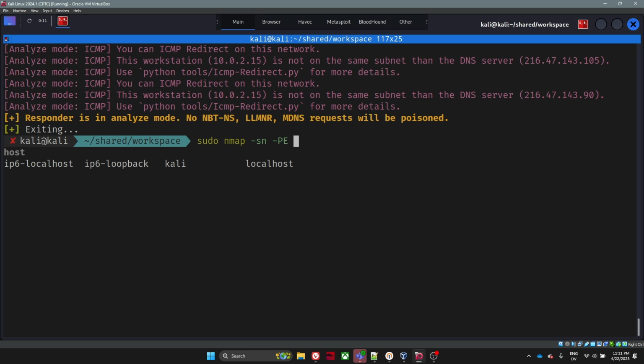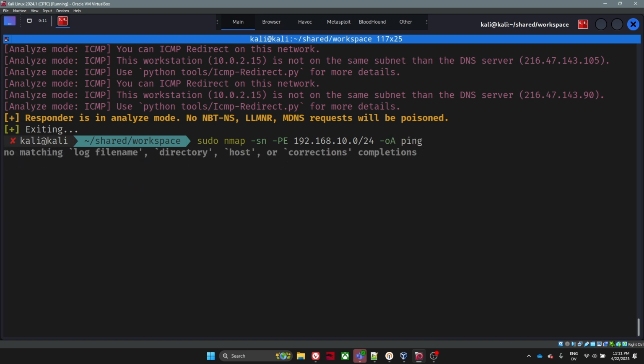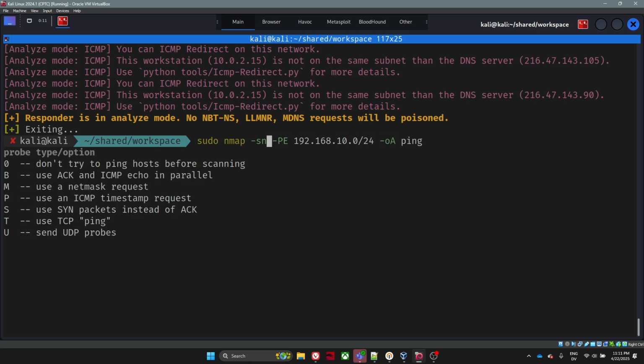And then the range that we're targeting, which in this case is 192.168.10.0/24. And then we'll save our results to a file just to see what we get. And anything else that I want? I think that's good. Also, actually, one more thing. I'm going to add